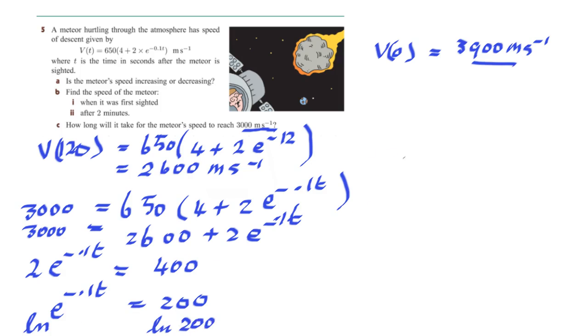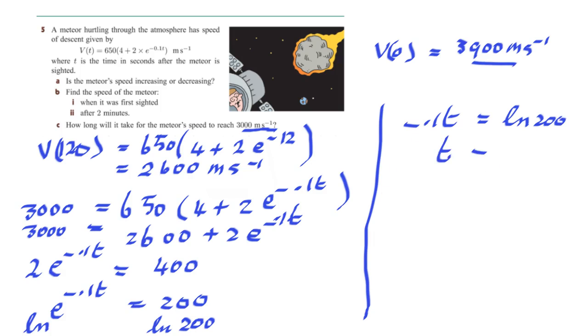So it will be minus 0.1 t equals ln 200. t equals 10 times, minus t equals 10 times ln 200. And then if we just calculate that,